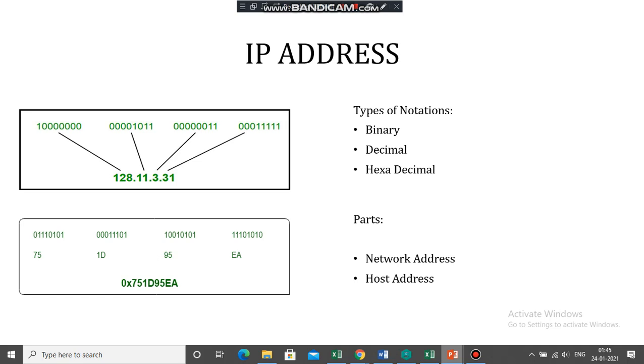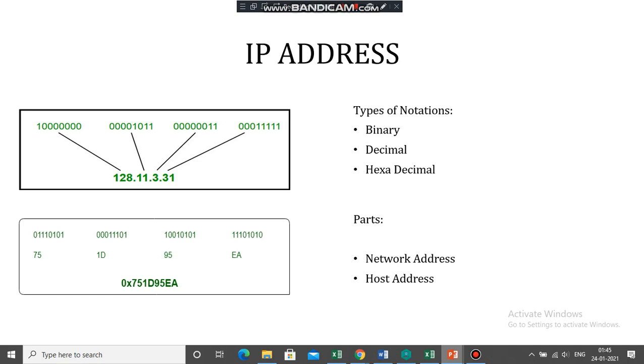In an IP address, the first n bits are used to denote the network, and the remaining bits are used to denote the host. Using the network address, we can find the total number of networks present in the system, and we can also find out the total number of possible hosts present in a particular network.